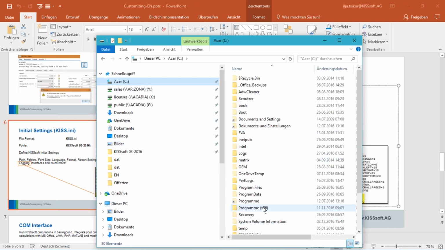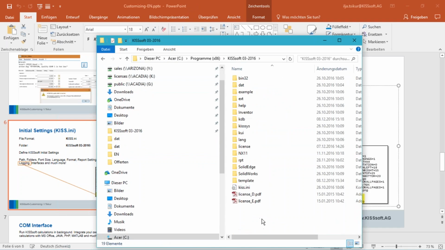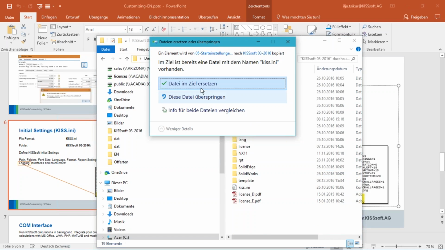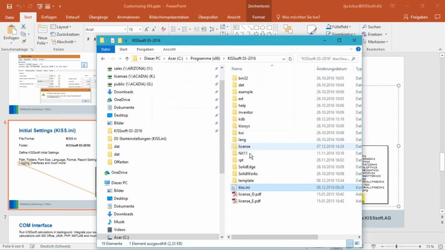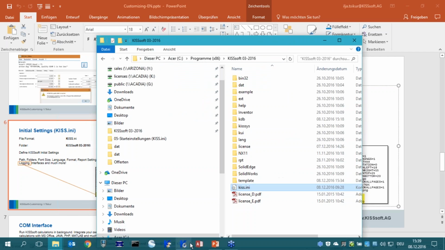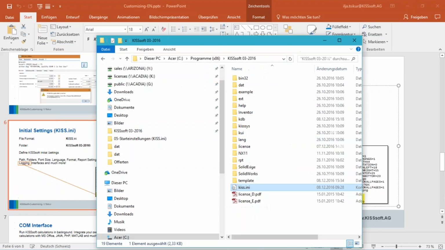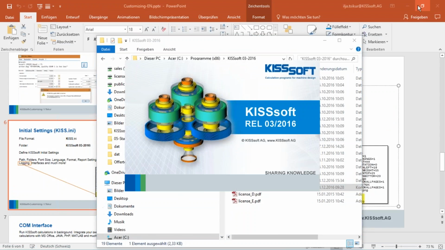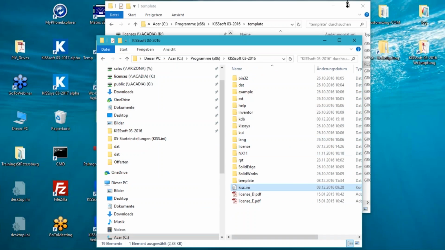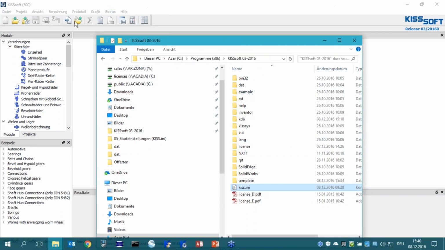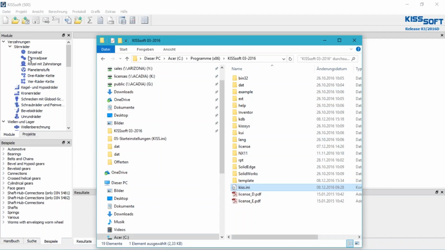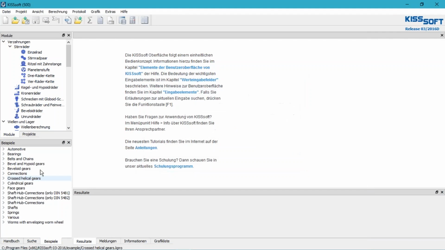So I go to C, Programs, KISSsoft, and place my initial settings file. Now I can close KISSsoft and reopen it again. Sorry, and I will just load the cylindrical gear example. As we know,